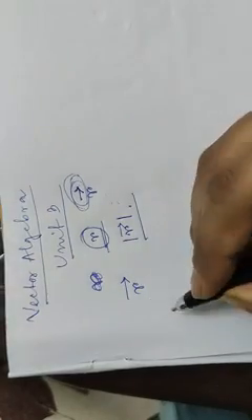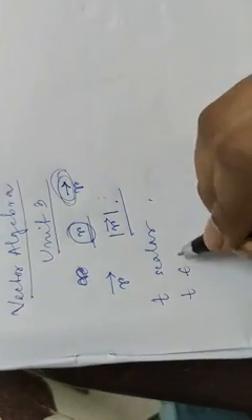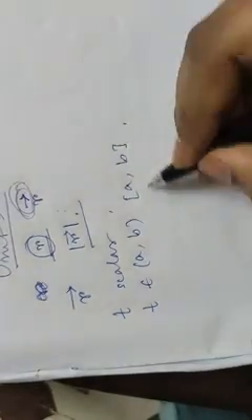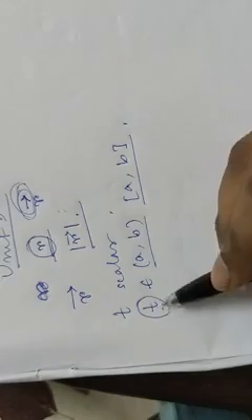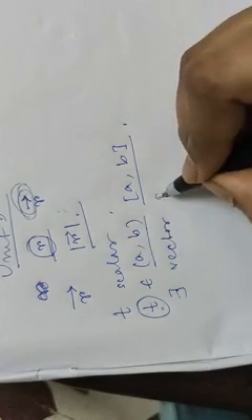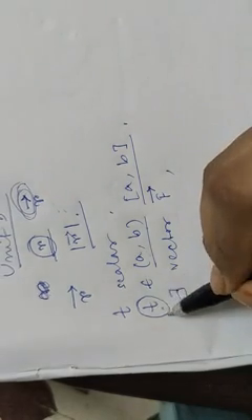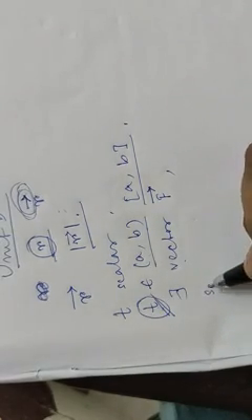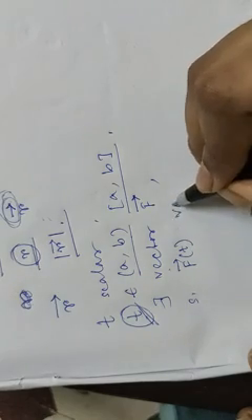Suppose we have a scalar variable t, which is a scalar quantity. Suppose t belongs to this open interval ab or some closed interval ab. We can take whatever interval we want. Suppose t belongs to this ab. Now for each value of t belonging to this ab, if there exists a vector, suppose capital F, and we define it by some particular rule, then for each value of t, if we get one vector F, then we will say that F(t) is a vector function.